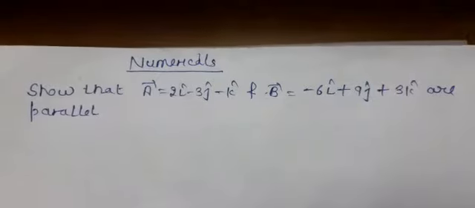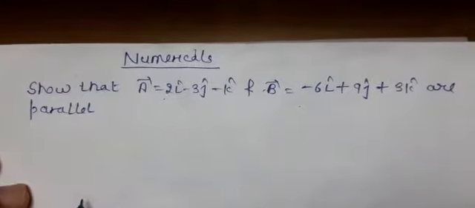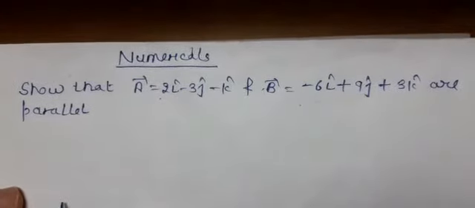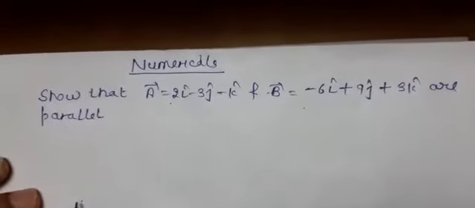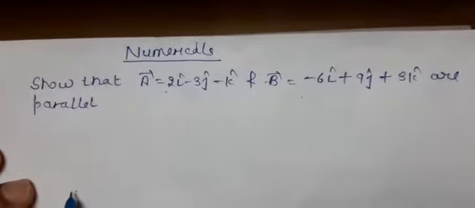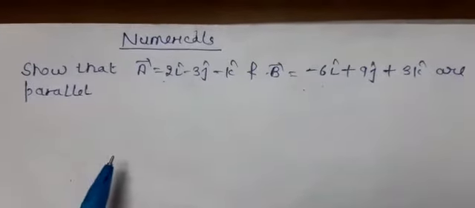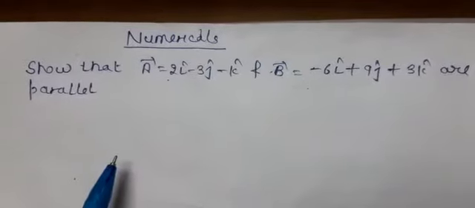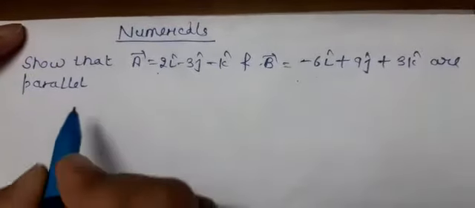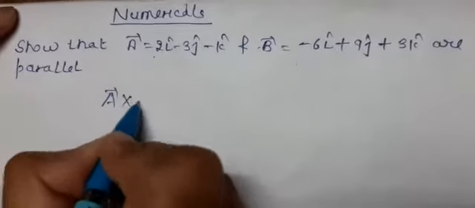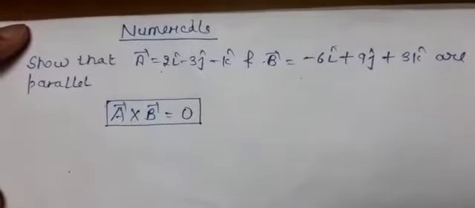So now there is a statement, according to it, show that vectors A and B are parallel. See, there can be two ways. One way: A dot B equals AB cos theta, from there cos theta will be A dot B upon AB. By this way, if theta comes out to be 0, then the vectors will be parallel. This you have done in scalar product. But one more condition you have done in vector product, that if the vectors are parallel, then A cross B should be 0. So we can do it by this method.